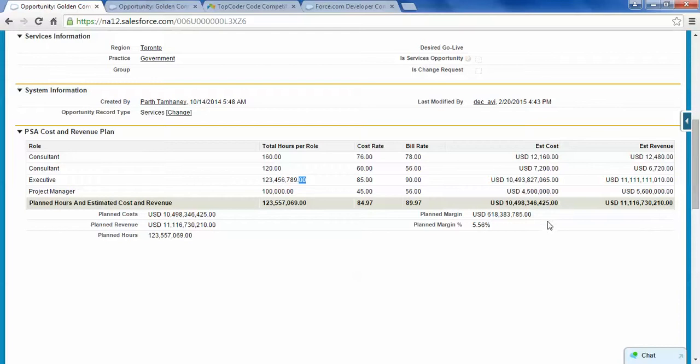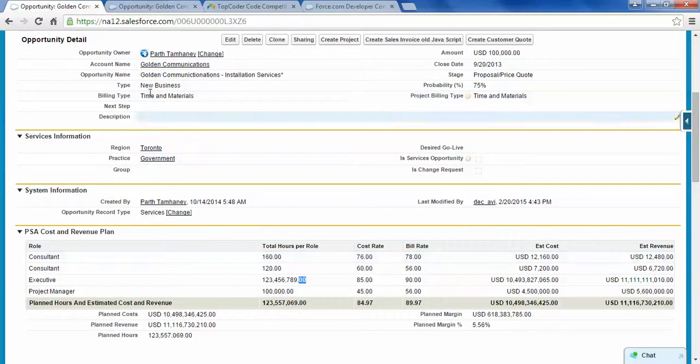I have also added the currency in front instead of at the end, because the standard currency fields on opportunity and any other currency field on the Salesforce.com platform come at the beginning, not at the end. So to keep the similarity, it is created this way, and all these fields are coming from the opportunity directly. This is the time and materials.